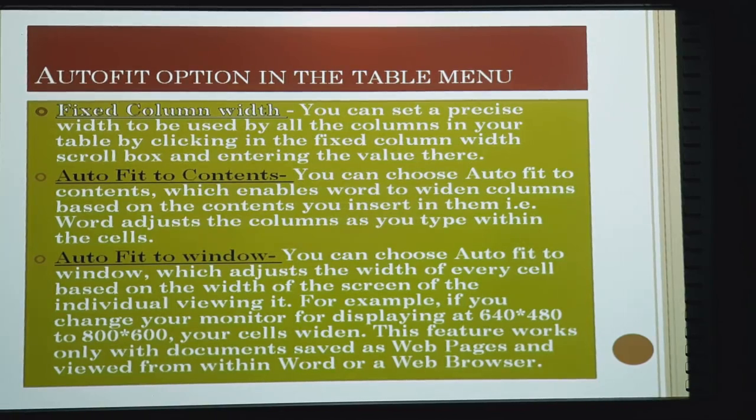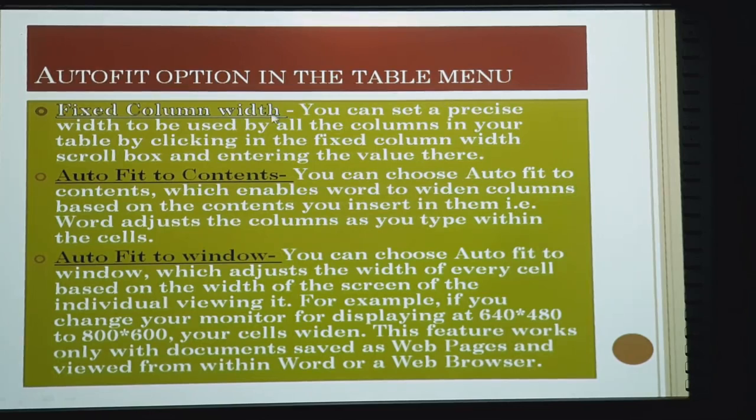In such a situation, we may choose this option, fixed column width. We can choose a particular column width for each and every column, and based on that width, we can insert our text.